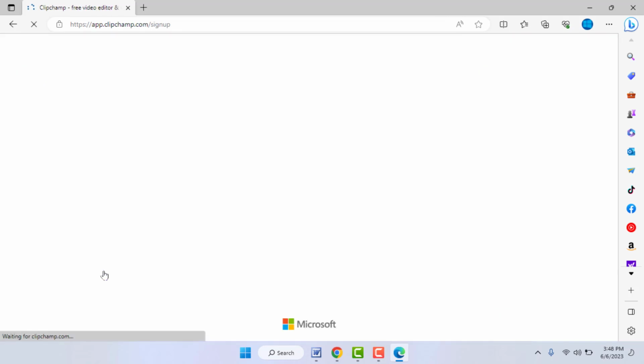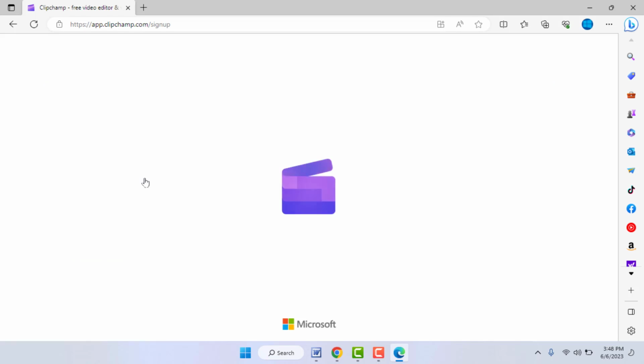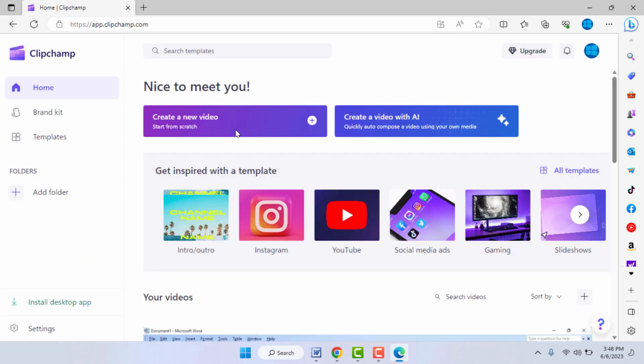Now it will ask you to sign in with your Microsoft account. Just sign in with your account and then you can get this type of interface. Here you can get the option create a new video. Just click and open it. Now it will open the video editor. As you can see guys,